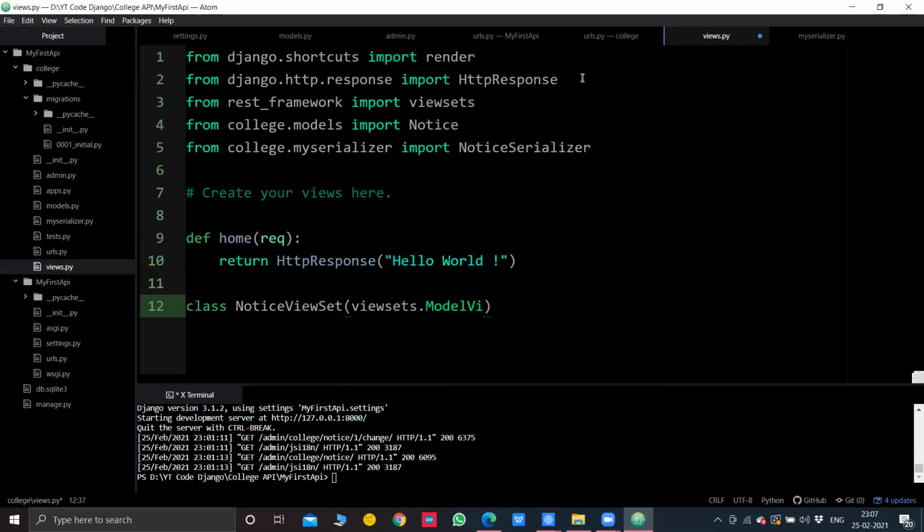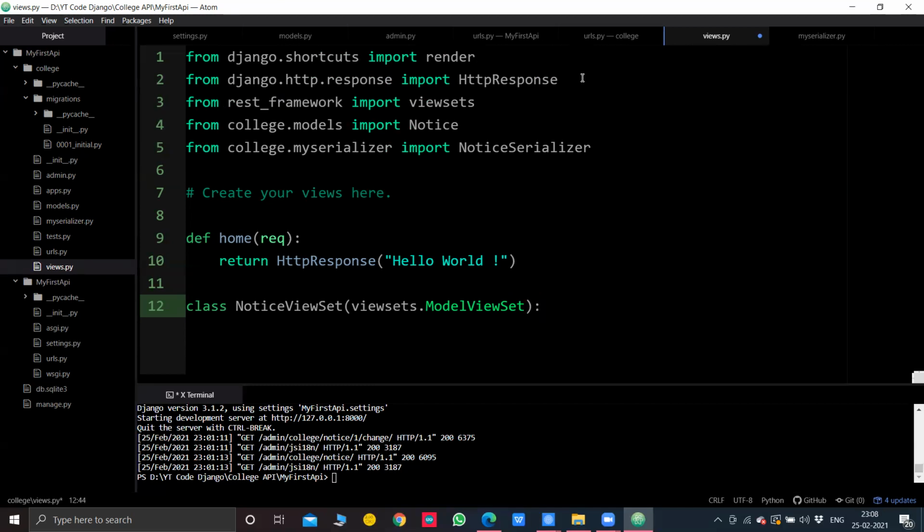Now what's a viewset? Whatever you want to display on your page, as the name suggests, the view, that viewset has been predefined by Django REST and you don't need to hard code everything. Just mention it as the default viewsets.ModelViewSet.